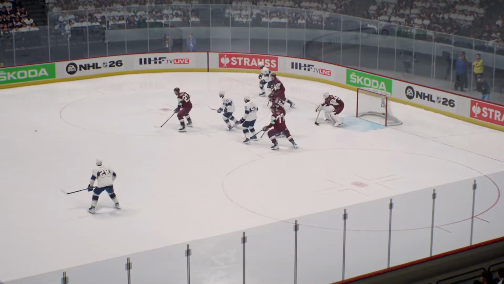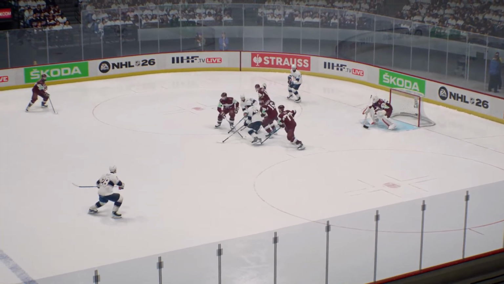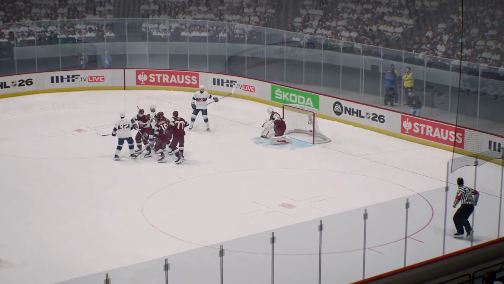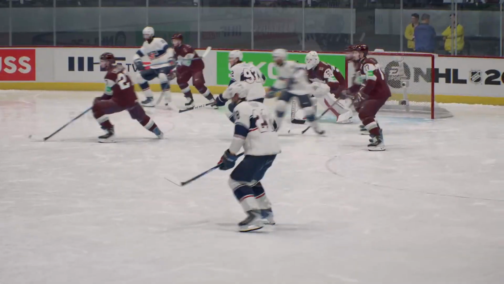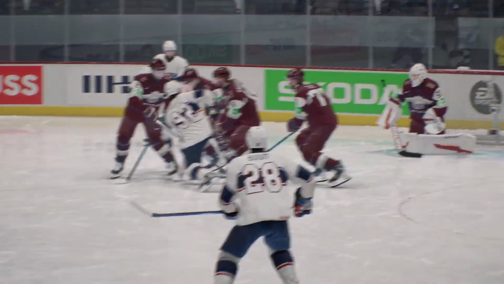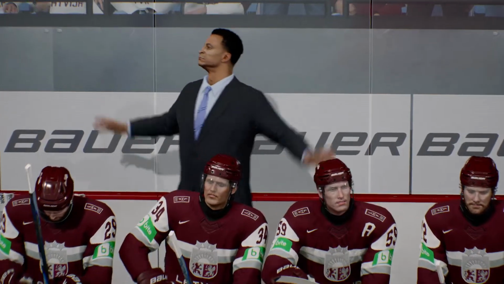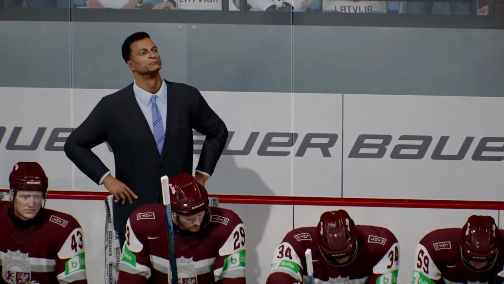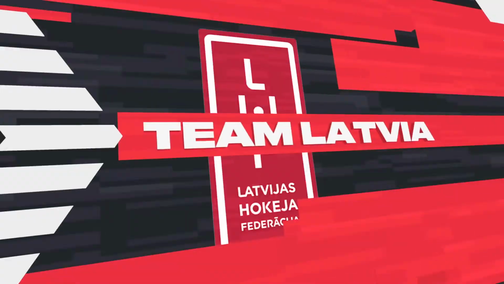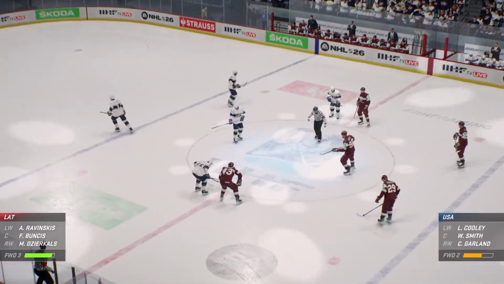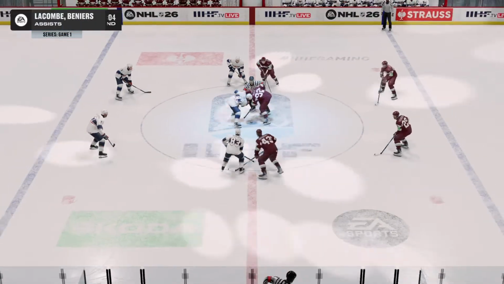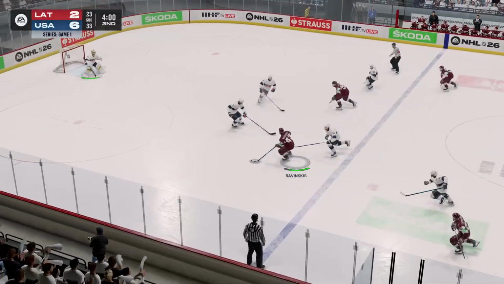So many bodies in there. And Logan Cooley just gets it and whips it. And we mentioned it a little bit earlier in the period, the second period for the United States in this tournament has been when they've been taking over games, undefeated through pool play. First game here in the playoff. And they're taking over here in the second period against Latvia. 6-2 the score, 4-goal lead for the Americans. And now Latvia looking to respond.